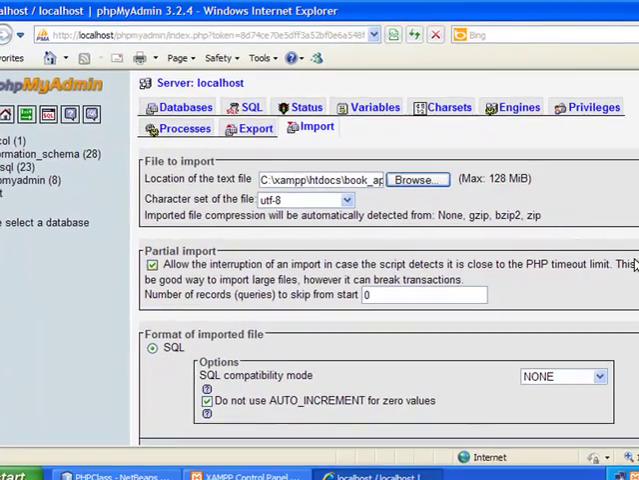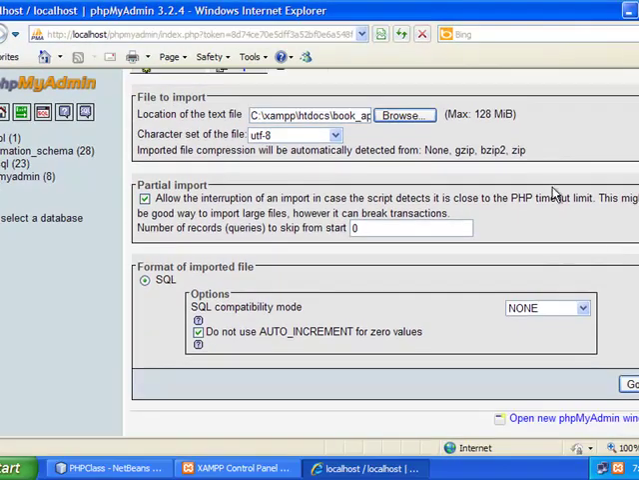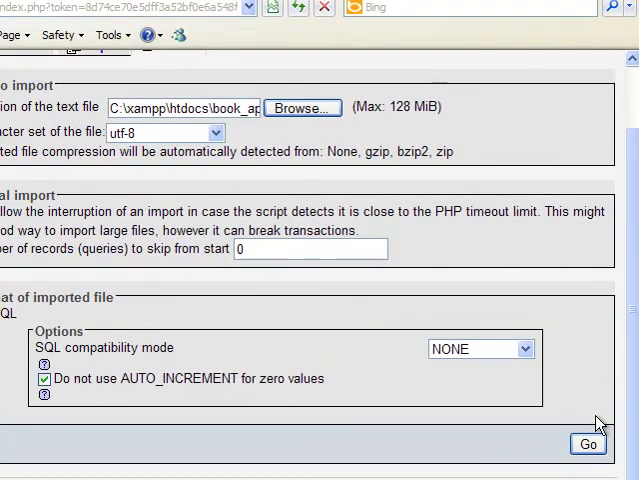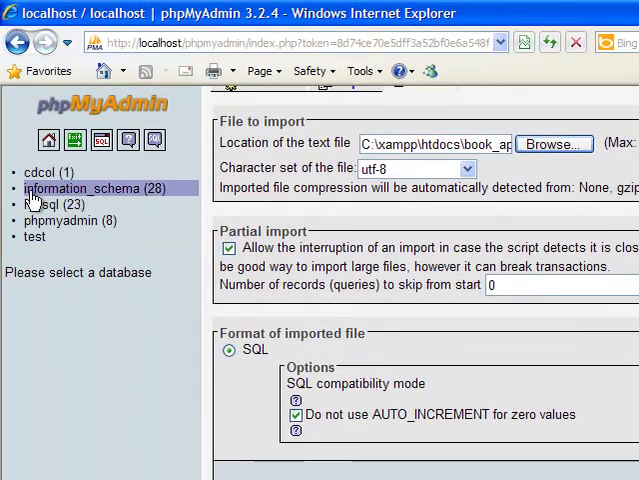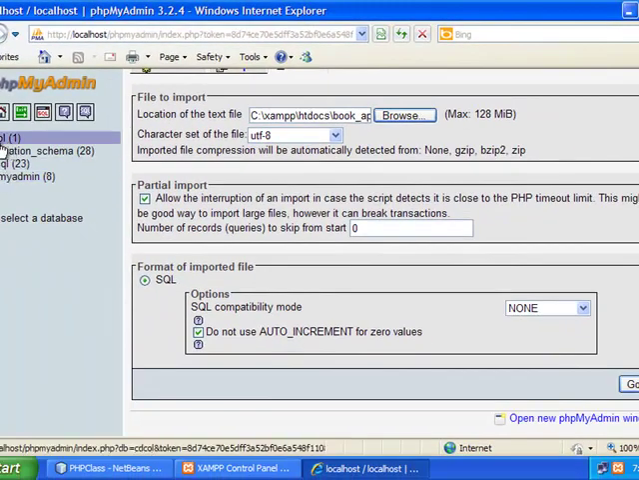That'll fill in the gap with that path to that file, and then come down here and click go. Now before I click go, look over here on the left. These are all of the known databases right now. So keep an eye on this list over here. I want to click go,